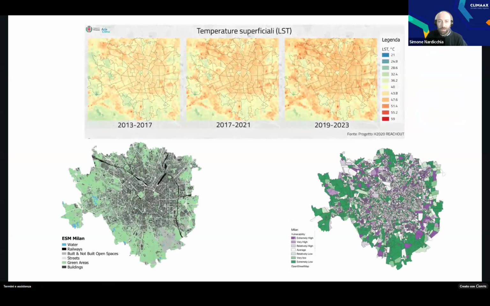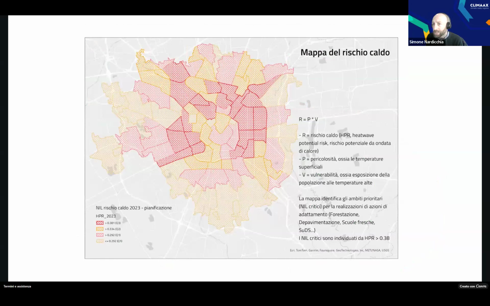So this just highlights some information we get from the project. For example, we have the land surface temperature from Tecnalia, and then you can see the information from CMCC about green areas, railways, water, and all the city's infrastructure. And then we have another map on the right side about social vulnerability from University of Cork. All this information helps us to define our heat risk map at a neighborhood scale,